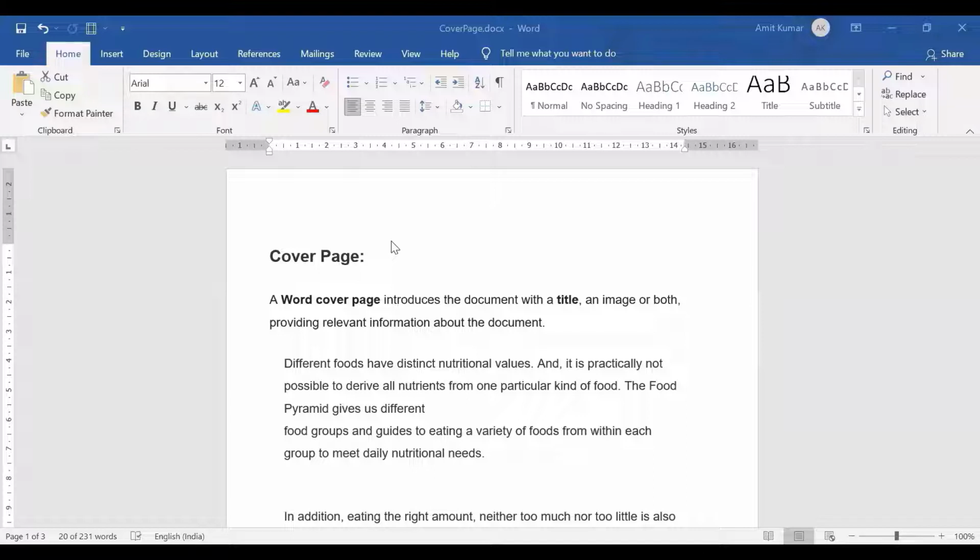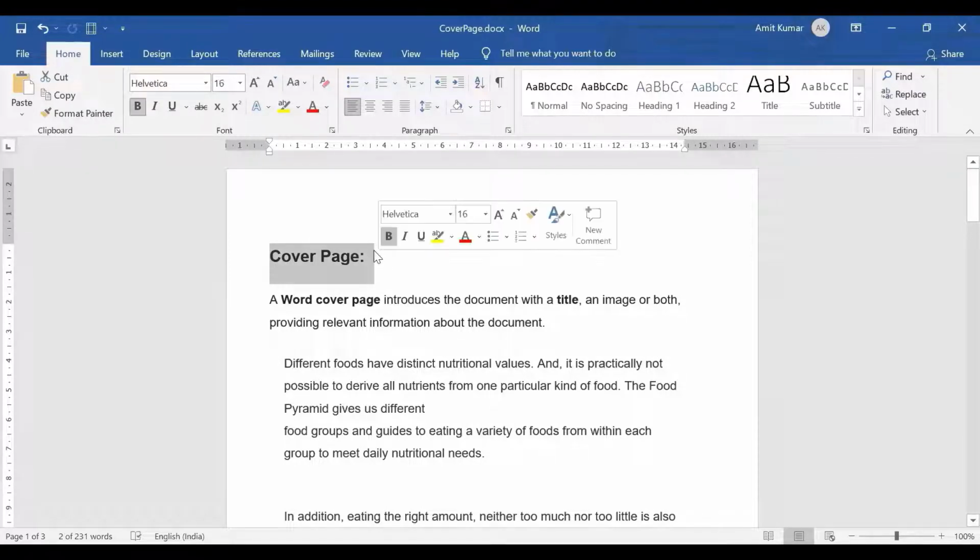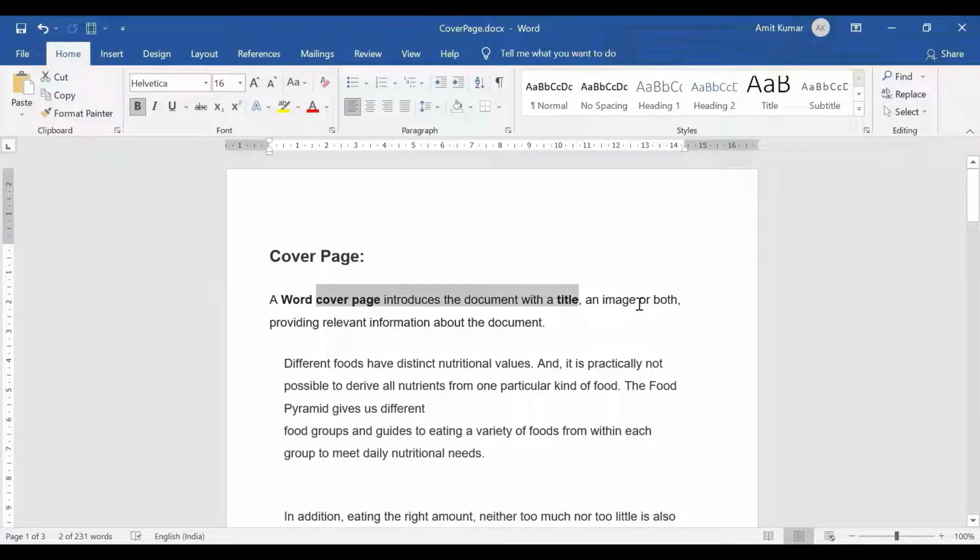So students, our first topic is how we can insert a cover page in Microsoft Word. But prior to that, what is a cover page? A cover page introduces the document with a title, an image, or both, providing relevant information about the document.